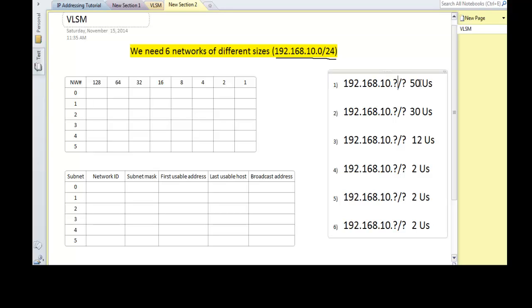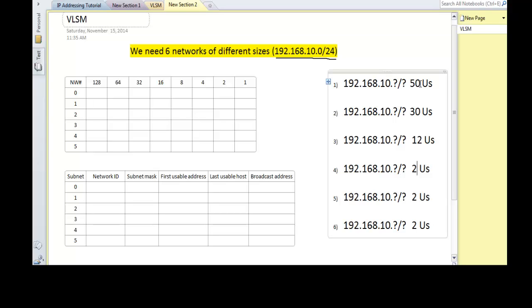Okay, so 10, we need to fill up the question marks here because we don't know yet. So here we have, this is the largest, and this is the second largest, and this is the third largest, and then we have the 2, 2, 2, total of 6 networks. Okay, here